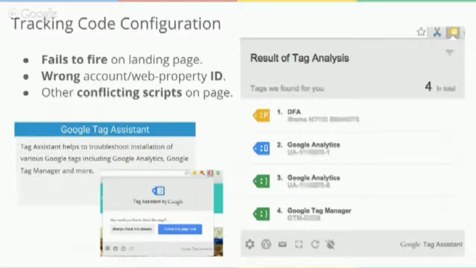As you can imagine, it's almost like a traffic light system with a few more colors in there. Green generally just means everything's working fine. There's nothing to worry about. But any other colors indicate maybe a more severe or maybe a minor problem. Yeah, definitely. I think the Tag Assistant's a really important Chrome extension to have. So if you guys, our users, don't have this yet, I think per Gavin's insights here, you should definitely get this Chrome extension. It can really help you look at your tracking code and figure out if there's an issue.